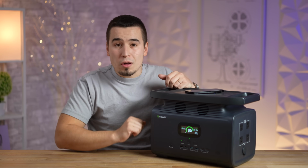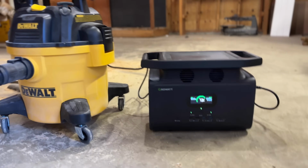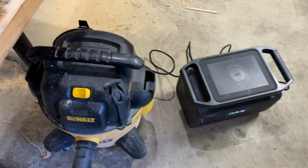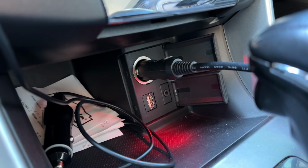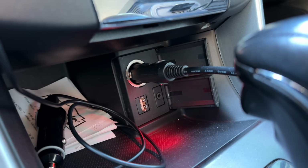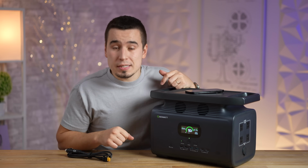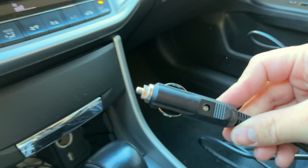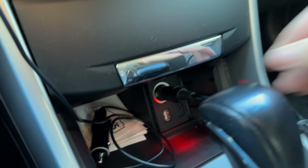And the best part of all is that if you don't have a traditional wall outlet nearby for charging, if let's say you're on a trip, you have 3 unique methods to charge this up. First, you can charge it through your actual vehicle. So let's say you forgot to charge it up at home and you're driving to go to camp or hike or road trip, whatever else, simply plug this adapter into your car's 12 or 24 volt ports and bam, it's